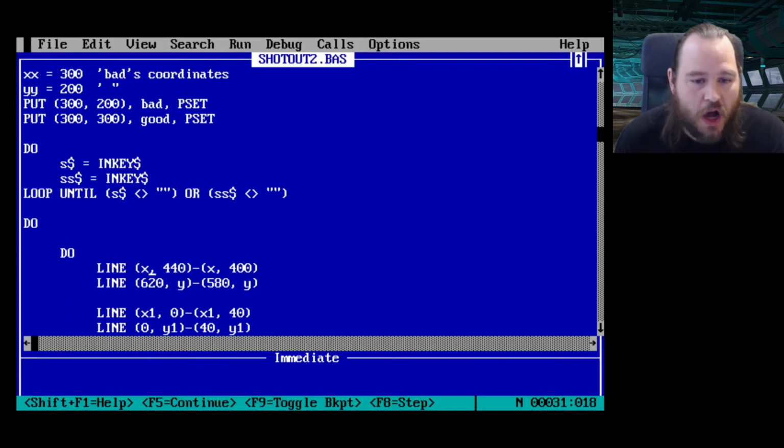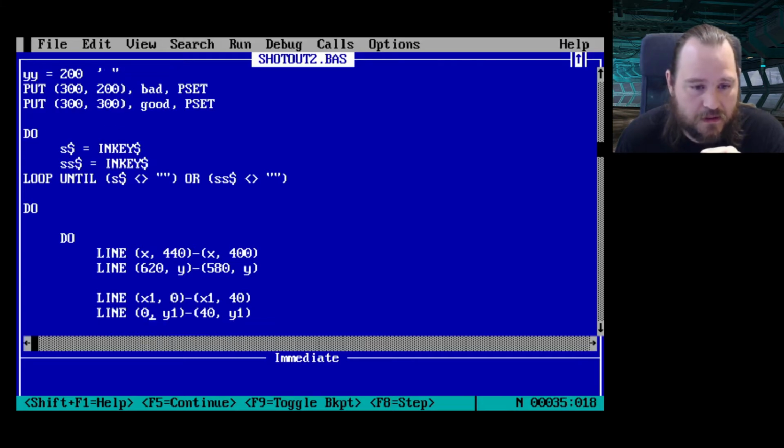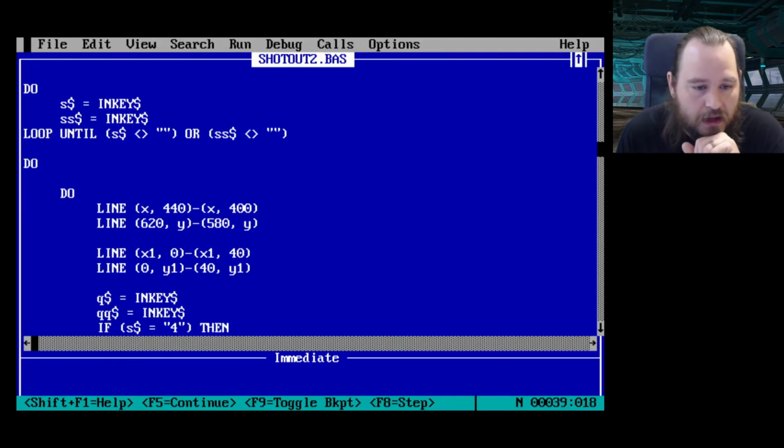Okay, so we're going to draw the good guy's lines the same way we did last time. And we're going to draw the bad guy's lines. Okay, that's fine. So these are the two lines, these are all the gray lines. Okay. Moving on. Now we're going to ask,